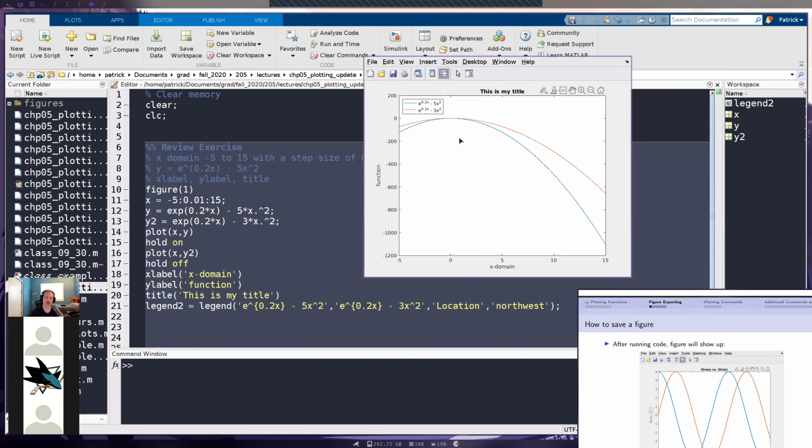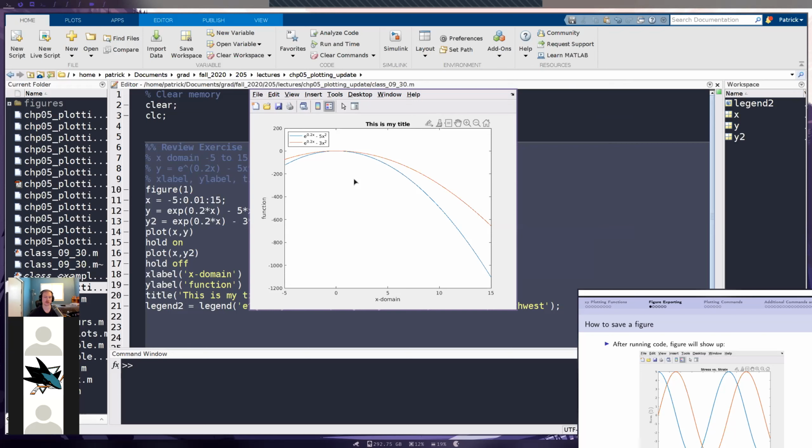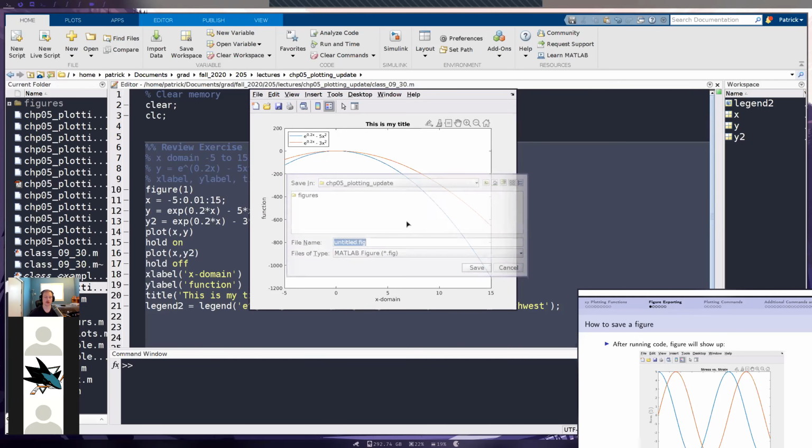So we have our figure right here. And what I see a lot of people do is they'll go into whatever screenshot app they have, and they'll just screenshot this box right here. They'll basically start right here and take a little screenshot like that. And that's not good. Don't do that. It looks bad. So what you want to do is go to File, and you could go to Save As,